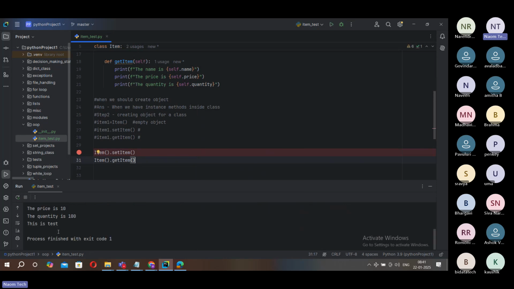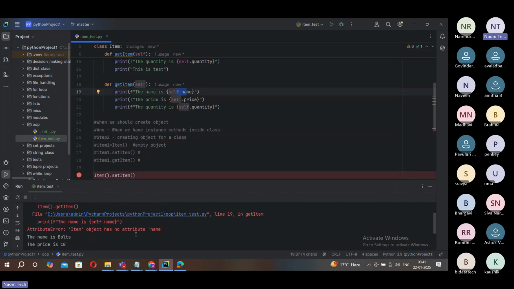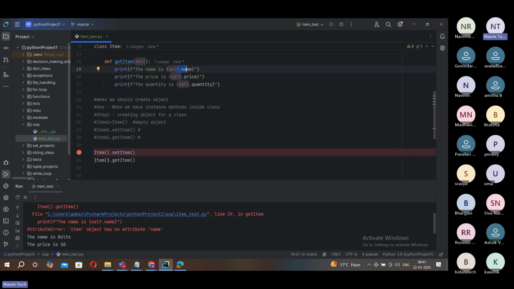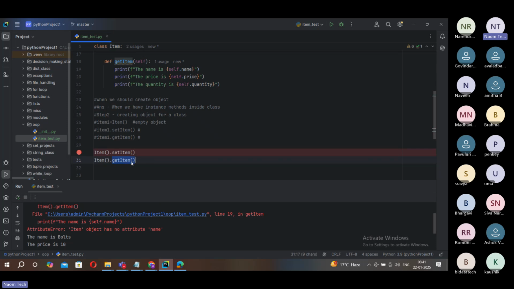Okay, then when I call get item, see here, you get an error. Why? It says: item object has no attribute name. We are trying to call name, and it is saying I am not able to find name. Why? Either that item object doesn't exist, or, if you are calling get item on the item object,